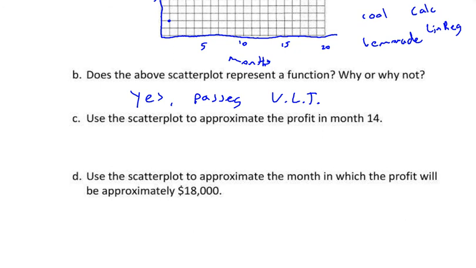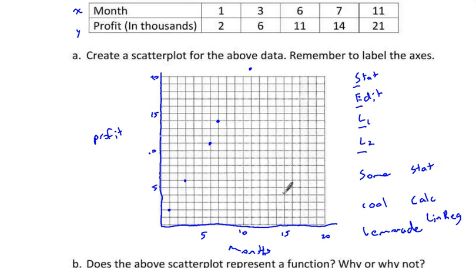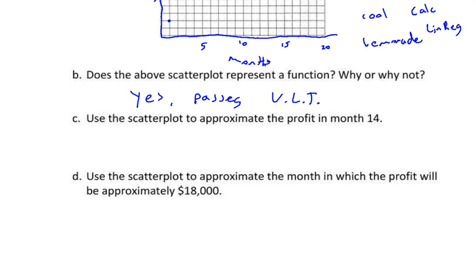And we want to use that scatter plot to approximate the profit in month 14. Well, if you were to just take a look, this particular graph makes it challenging. At 14, we know we're going to be somewhere up here, but I don't know exactly how far that is. It's going to be a little past 25 probably, maybe 26, 27,000. You might be able to kind of make a guess in that way, or to be more accurate, we'll use the calculator or the equation that was given to us in the calculator,